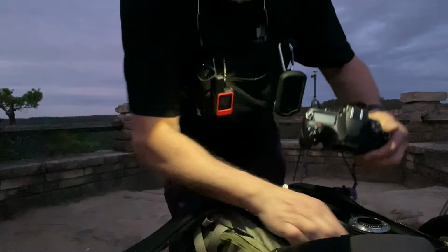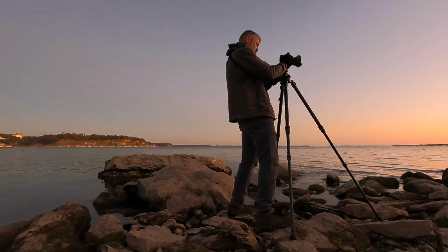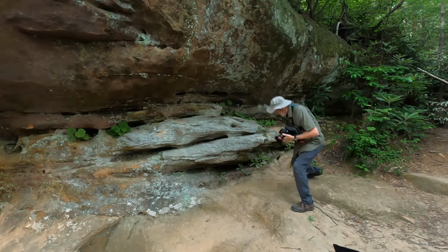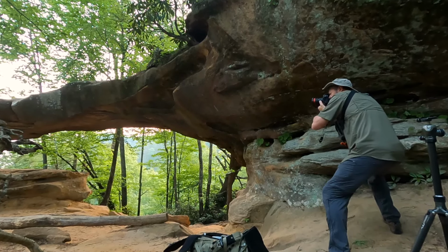So if you are new to photography and you're an outdoor enthusiast and you're wondering, should you get into landscape photography? Look, you don't have to go out and buy the most expensive gear off the bat. Just grab a camera, a DSLR, a mirrorless camera, a tripod, and head out here. A little backpack, throw it in there, and you're well on your way. And if you've not experienced this before, just remember this. When you've got that camera set up and you're lining up that composition and you're looking through that viewfinder or looking at your LCD on the back of the camera,